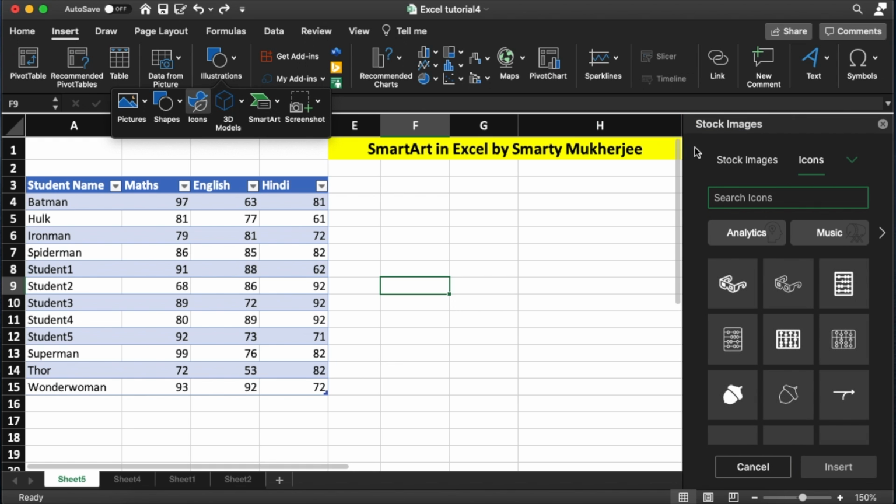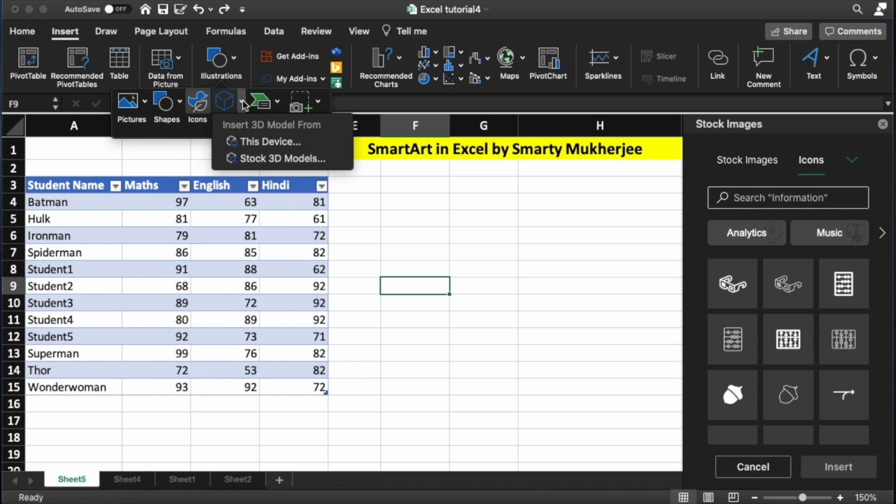You can click on any one of these and then insert it into your Excel spreadsheet, which will make it look really good. You can add 3D models. Either if you have something on this device, you can take it from the device and insert it into the sheet, or you can take 3D stock model images like this one and insert it.